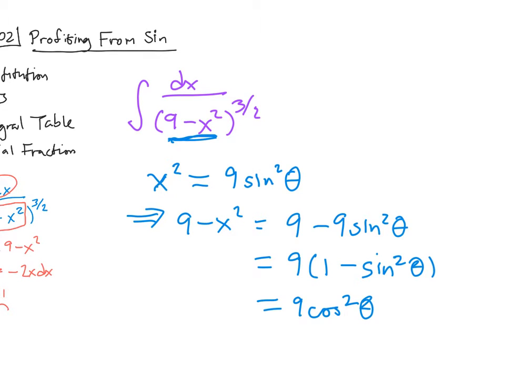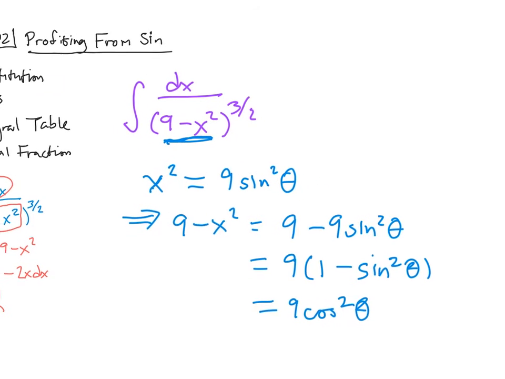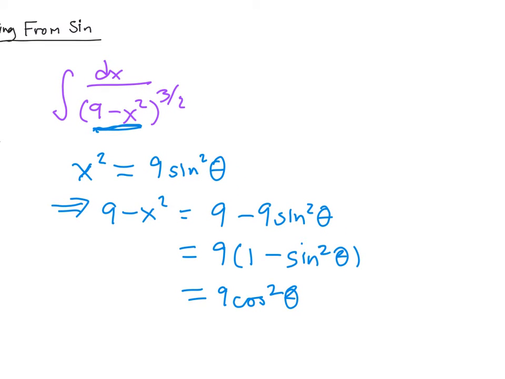Now, in order to do this, I've got to set the table properly here. I need to do a substitution that would allow me to say that x squared equals 9 sine squared of theta. So what I'm going to do is use a special type of substitution here called a trigonometric substitution. So I'm going to use the substitution where x is equal to 3 sine of theta. That's what would make this true, that x squared equals 9 sine squared theta. I'm going to let x equal 3 sine theta, and then that's going to make dx equal to 3 cosine